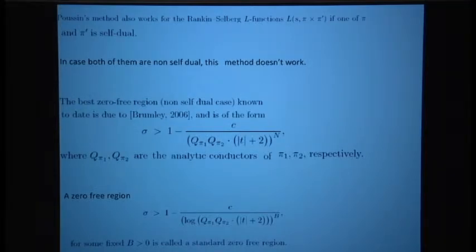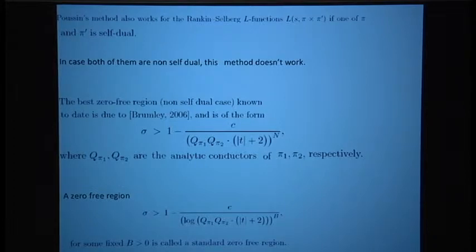We can always find a Dirichlet series D of s with those three conditions. But as we know, self-dual cuspidal representations are very rare. The density is 0. But in general, if both of them, pi and pi prime, are non-self-dual,